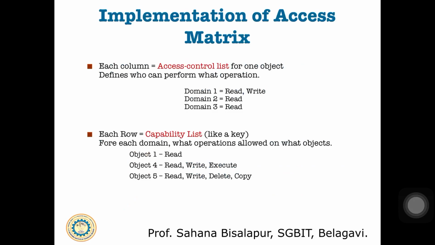And every access to the object here must be checked, where we require searching of the access list. So if you have a larger system, then you will have very long access lists here. So this search becomes time consuming. Now if you go to capability lists, then these do not correspond directly to the needs of users, but they are useful, however, for localizing the information for a given process.